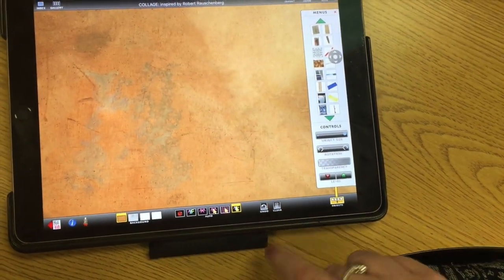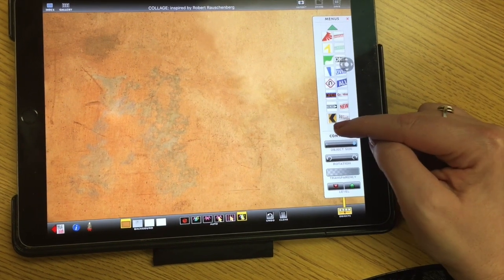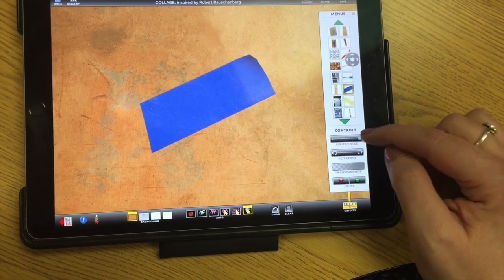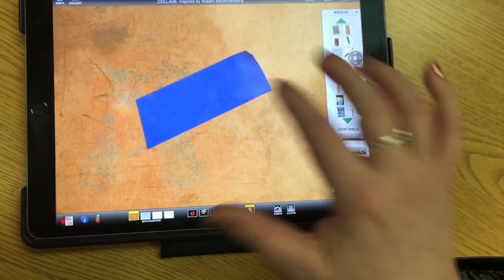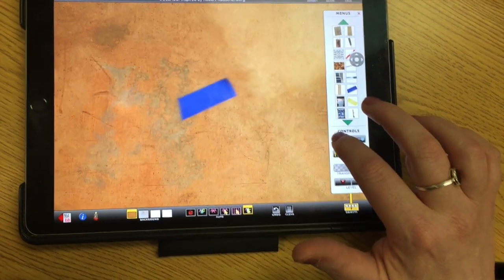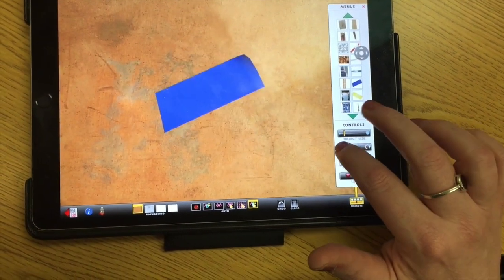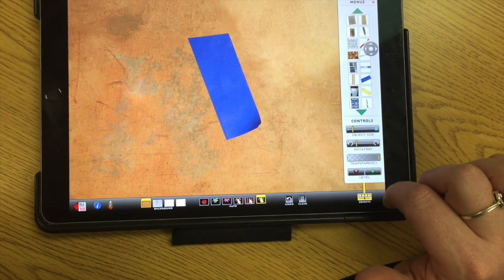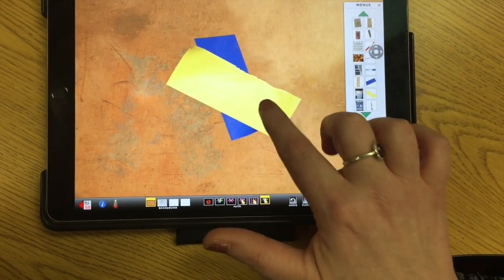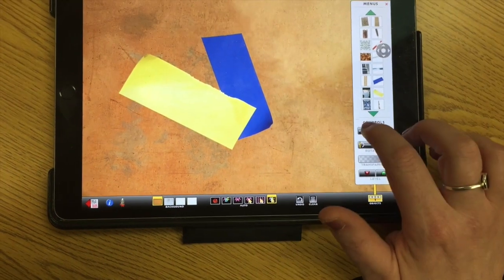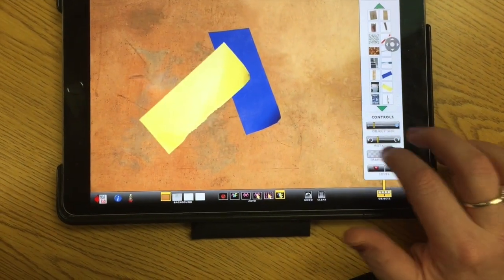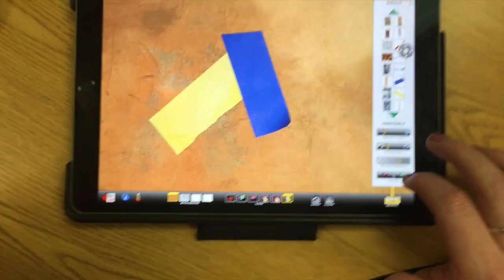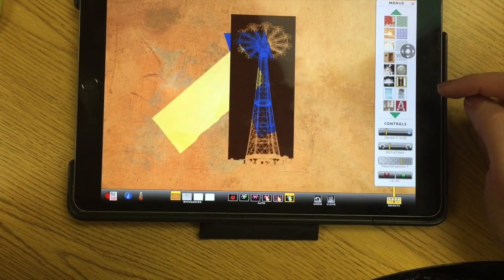Then you have quite a few different choices for your collage, and you can start building, choosing whatever makes you happy. You can choose the size, you can move your shape around by using the slider or by using the pinch and squish, kind of with your two fingers together on your screen. You can change how dark or light it is. You can layer another piece on top, size, direction it's going. Ooh, if you want to see through it and make it a little bit transparent or translucent. Adding different photos and different pieces from the app.